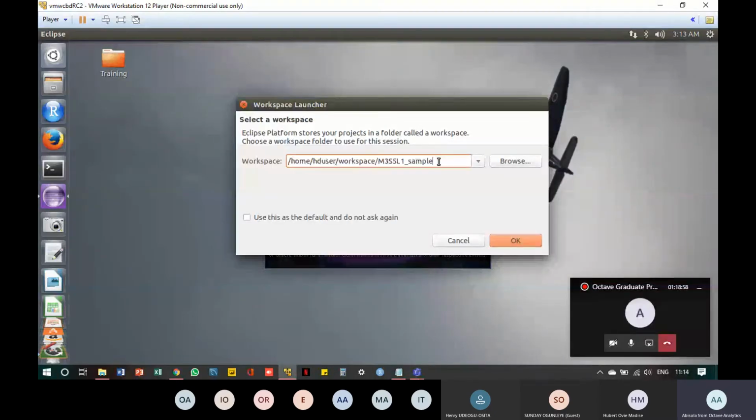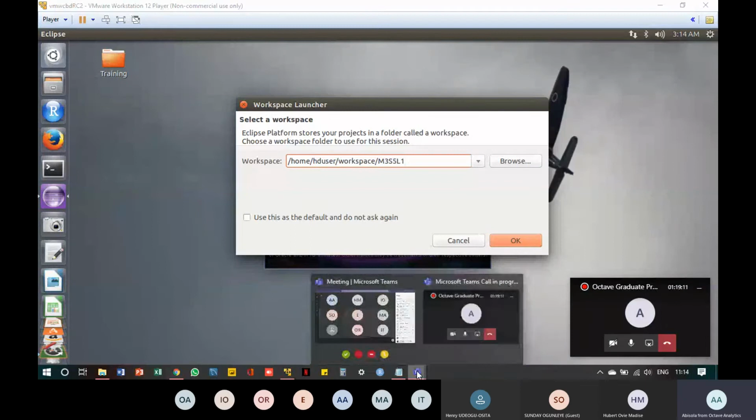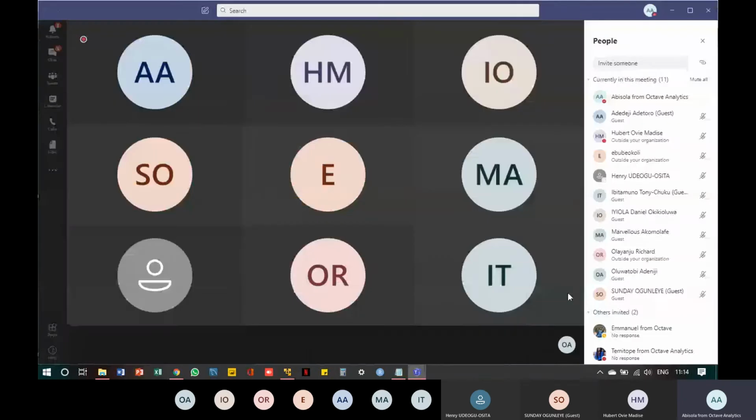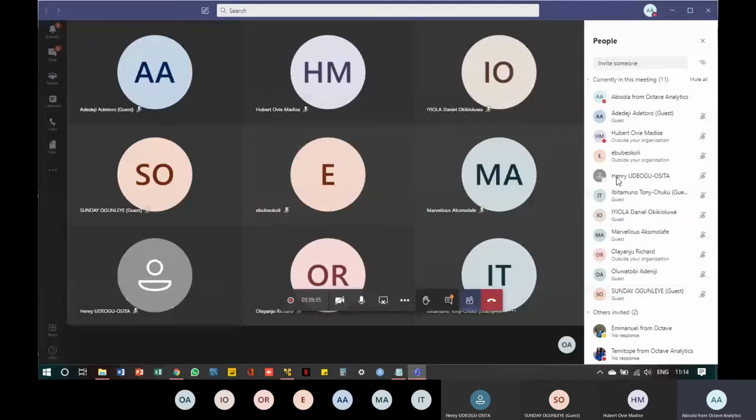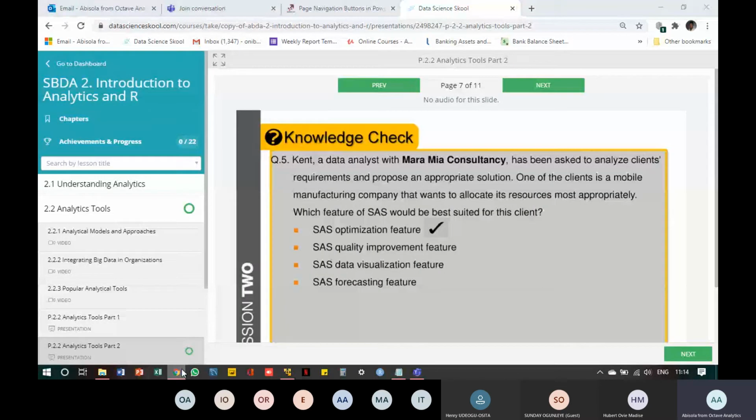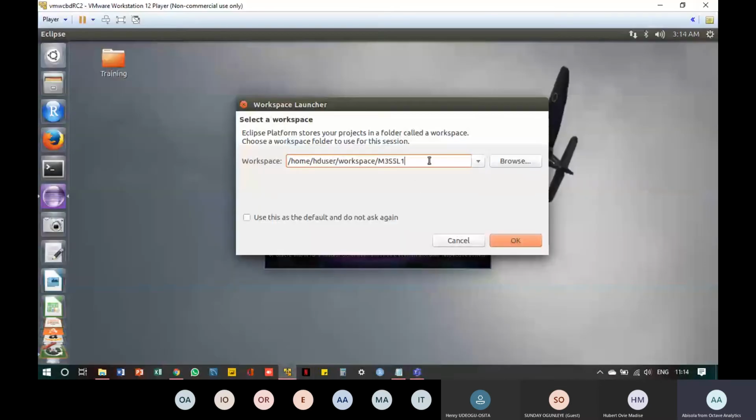You can follow your lab workbook too. From the lab workbook, it's telling us that this would open up. So let me get a reply from two people that you've opened up your Eclipse and it's working well and you're following.